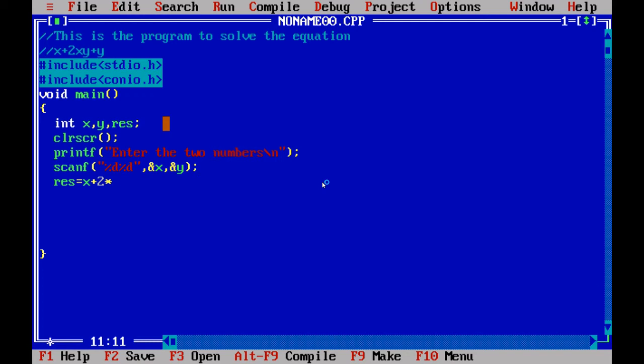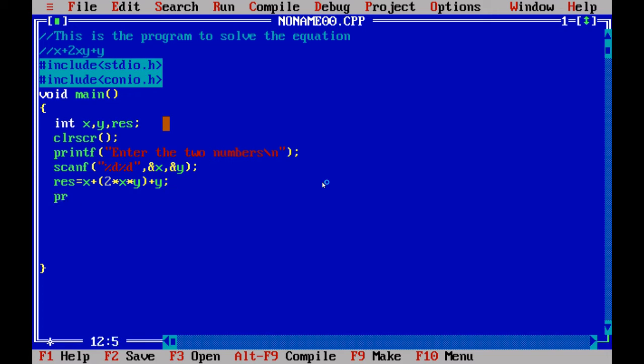So you have to type 2 into and then x into y. In order to get clarity you can open the parentheses and close it. Then type plus y and put a semicolon. That's all. So now you have calculated the value.